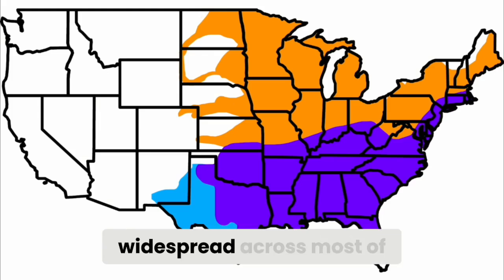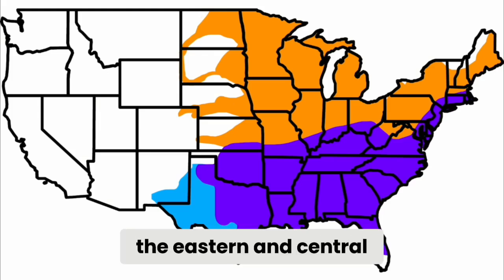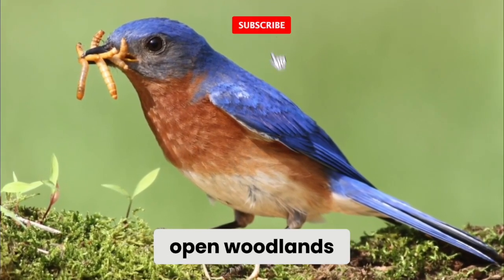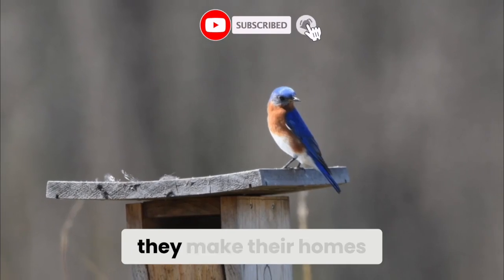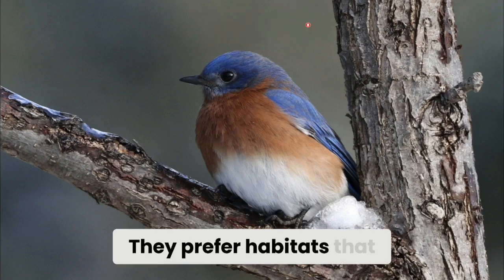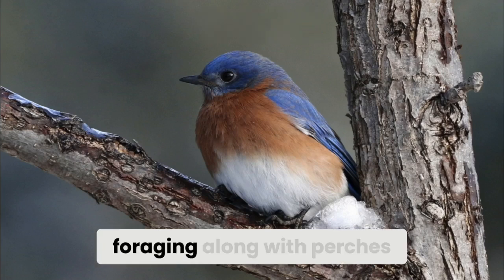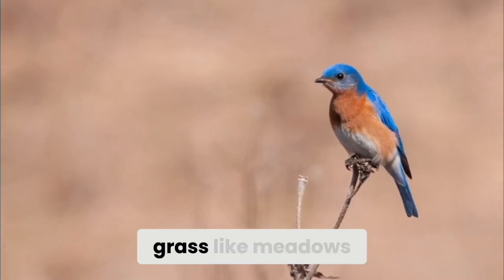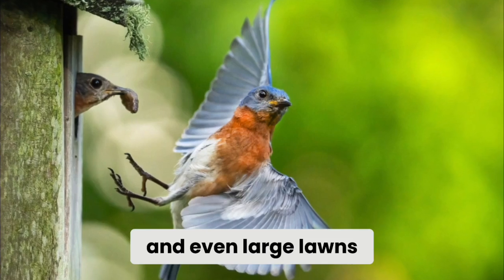The eastern bluebird is widespread across most of the eastern and central United States, from southern Canada down to Mexico. You'll find them in open woodlands, farmlands, orchards, and suburban areas where they make their homes in cavities such as an old woodpecker hole or birdhouses. They prefer habitats that offer open spaces for foraging, along with perches where they can hunt insects. Bluebirds are commonly drawn to areas with short grass like meadows, golf courses, and even large lawns, where they can